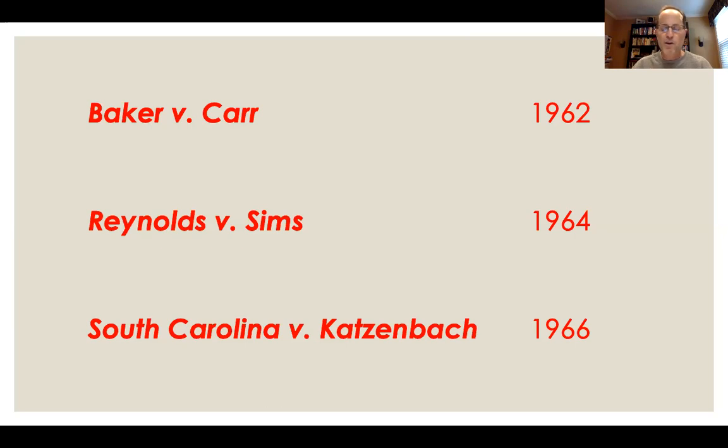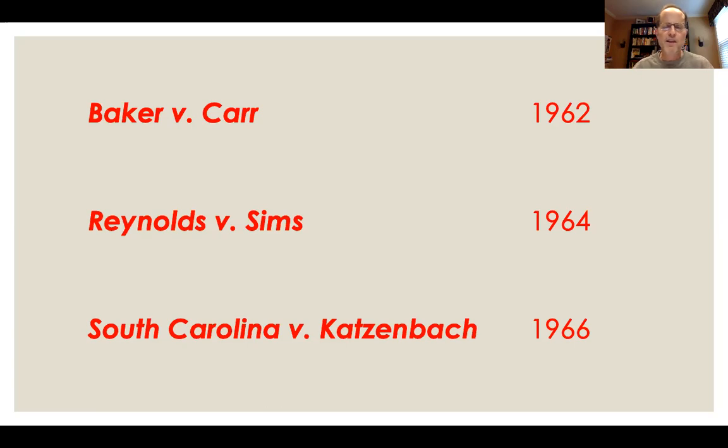If we go beyond Article 1, Section 4, I think we have to ask also questions about the 10th Amendment, states' rights. We have to ask questions about the 14th Amendment and equal protection. And we have to ask about Article 6, the Supremacy Clause. Ultimately, then, we look at Baker. So Baker was about an apportionment issue, an issue that we've covered before, so I'll go through it quickly, that dealt with a law from 1901 in Tennessee that 60 years later seemed no longer relevant because populations had moved and there was an imbalance here.